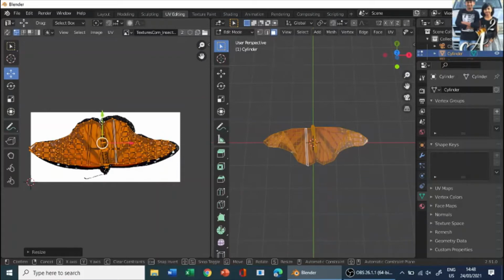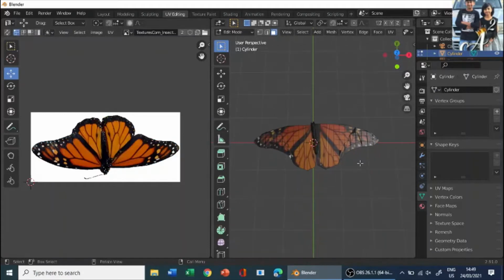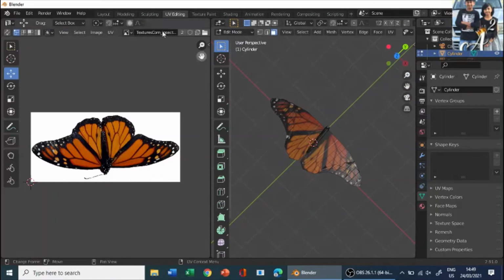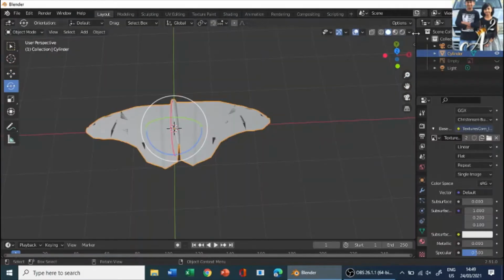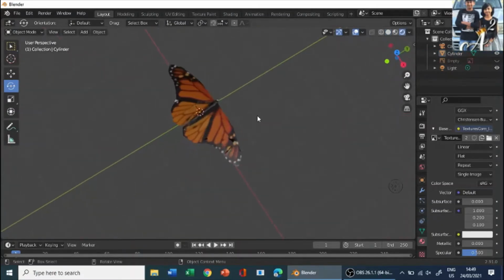Then let's move it a bit up and to the side, and move it a bit down. Okay, so here you see our butterfly is ready. Let's go back to layout mode and go to render mode and see how the butterfly looks. It looks good, it's not that bad.